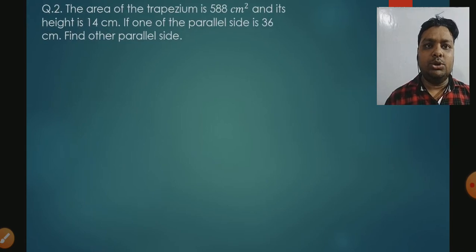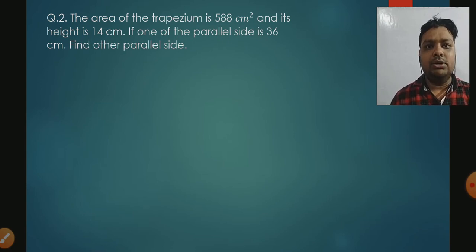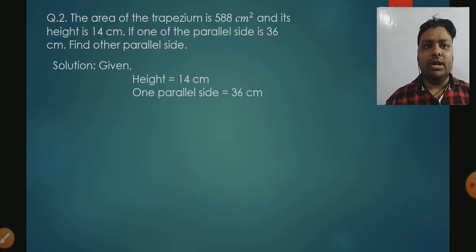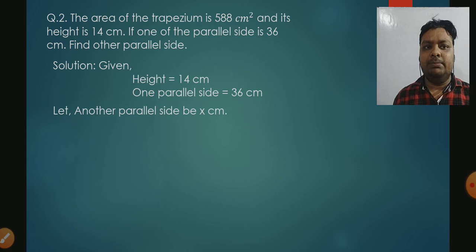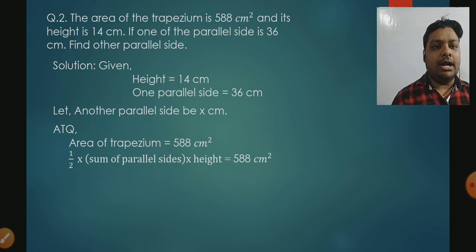Now for the another question, here you can see that the area of the trapezium is given, 588 centimeter square, and the height is also given, but only one parallel side is given, the other parallel side is not given. So at first we will write what is given. Here you can see height and parallel side I have written. After that we will assume the other parallel side. Let the other parallel side be x centimeter. After that, according to the question, the area of the trapezium is already given, so we will write the formula just below: 1 by 2 into sum of parallel sides into height,